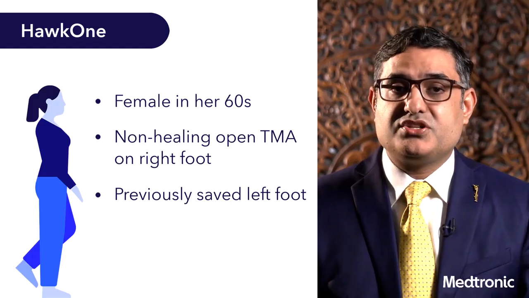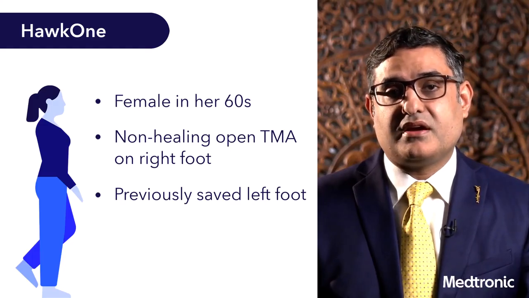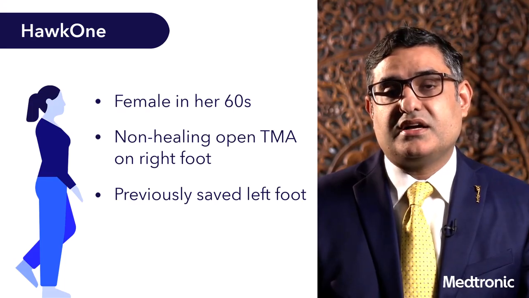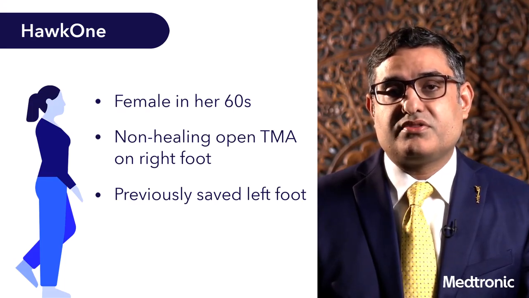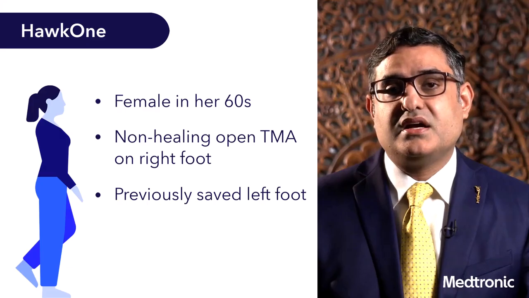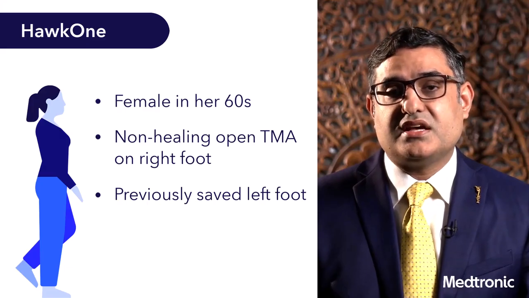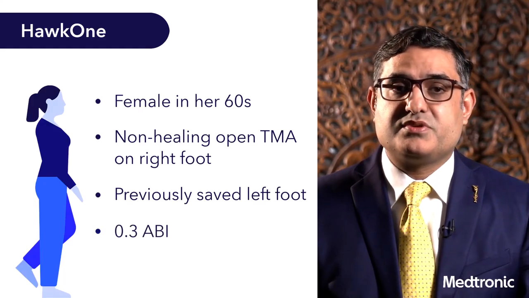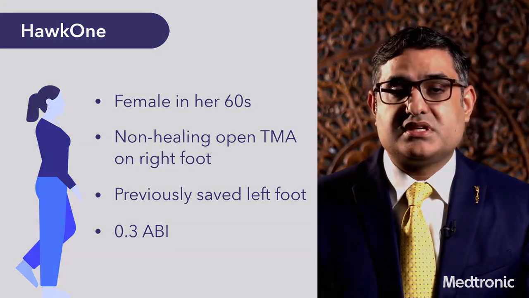In the clinic, I made sure that she is on the best medical therapy with dual antiplatelet therapy and statins. And she had the normal atherosclerotic risk factors, which were optimized. The non-invasive study, as we do in all of our patients, showed the expected ABI of 0.3, as she was presenting with critical limb ischemia. After the clinic visit, we knew that she needed an emergent intervention for her right lower extremity for limb salvage,